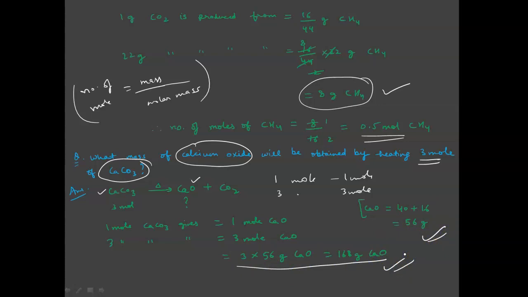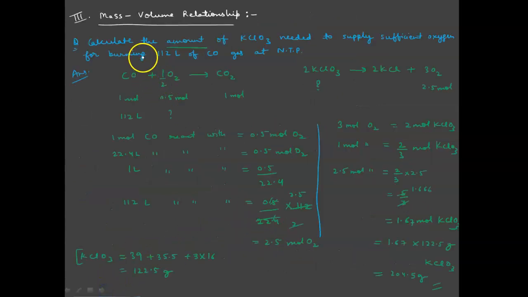So 1 mole is giving 1 mole, 3 mole is giving 3 mole. For 3 mole, we will multiply by the molecular mass and we will get the mass. So mass is moles into molecular mass. Now the third relationship is the mass volume relationship. In this question, look,